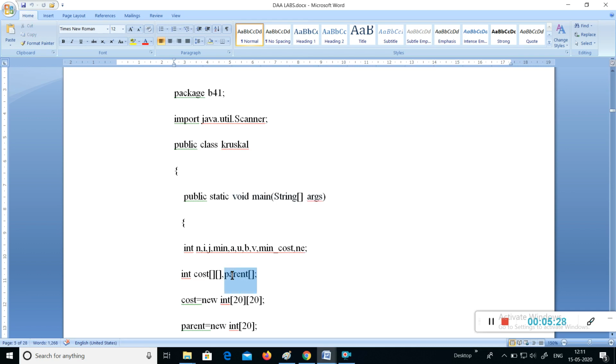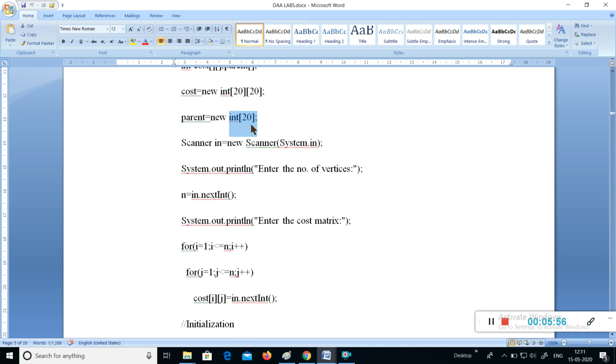To find this, we have to use the union find algorithm, where we have to update the parent of each and every source and destination vertex. For that we are taking a single dimensional array, that is parent. So they have initialized the size of cost matrix. Afterwards they have initialized the size of parent. See, it need not be 20 and 20, you can make it 10 also, because usually we give a graph with size maybe 5 nodes, 6 nodes, right?